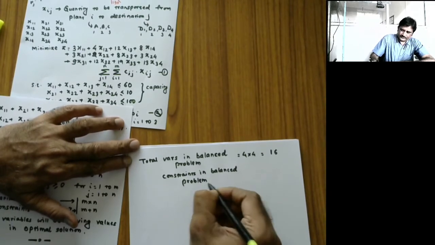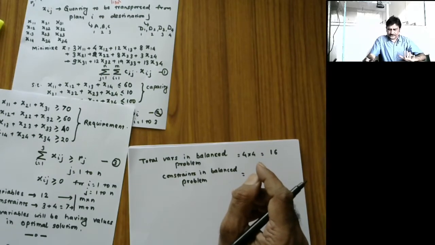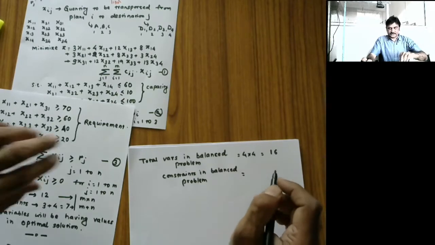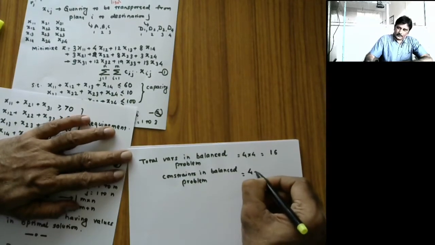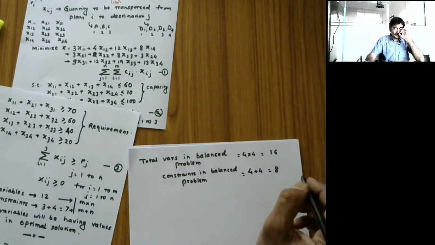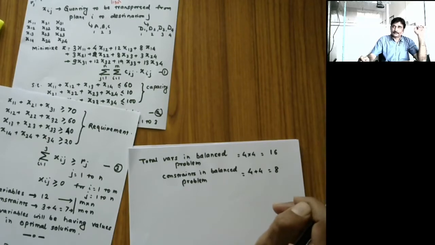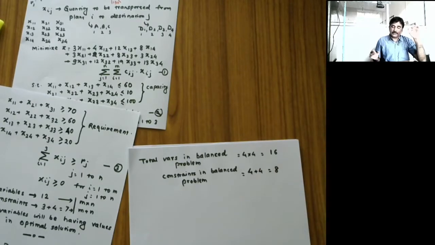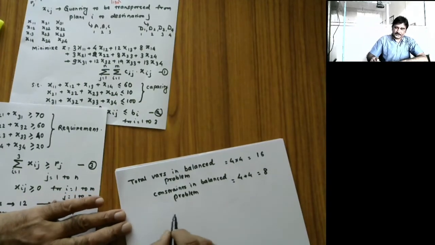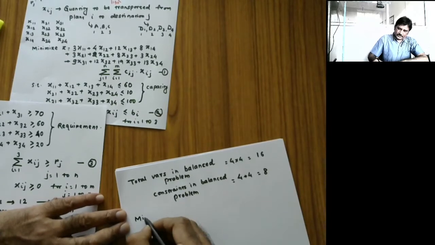How many? Because we have the constraint for each plant and for each destination. So now total plants are 4 and total destinations are 4. So 4 plus 4, that is equal to 8 constraints will be there. Earlier these figures were 12 and 7. Okay, now I am having a new problem. You can just imagine that problem. I won't be writing it completely. I'll just write a few terms of it and a few constraints.